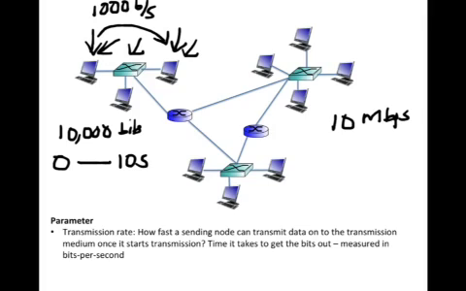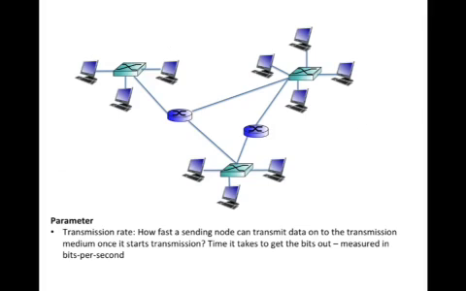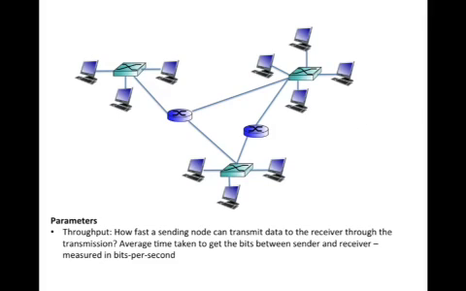So once we understand transmission rate, the next thing we are going to talk about is the throughput. The throughput of a network represents the average amount of data sent between two nodes. But this is different from transmission rate. So let's talk about a similar example again. Here is a computer which is the sender, and here is a computer which is the receiver. They are communicating with each other through this switch. So if we assume the switch is a 10 megabits per second switch,